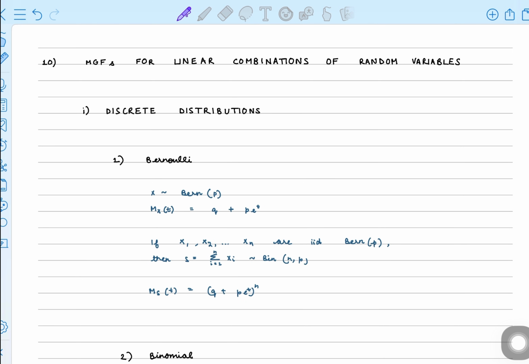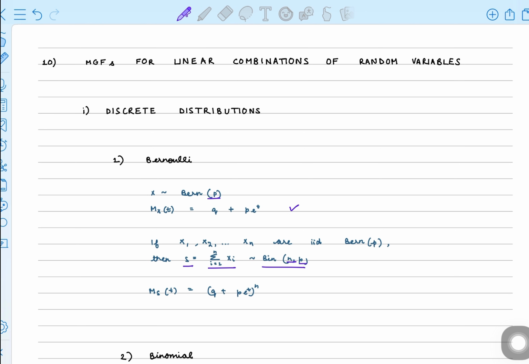We start with the Bernoulli distribution. Suppose the random variable x follows the Bernoulli distribution with the parameter p. Then its MGF is given by q plus p into e to the power t. Now suppose x1, x2 all the way up to xn are independent and identically distributed Bernoulli variables. Then the sum of all of these, represented by the variable s, will follow the binomial distribution with parameters